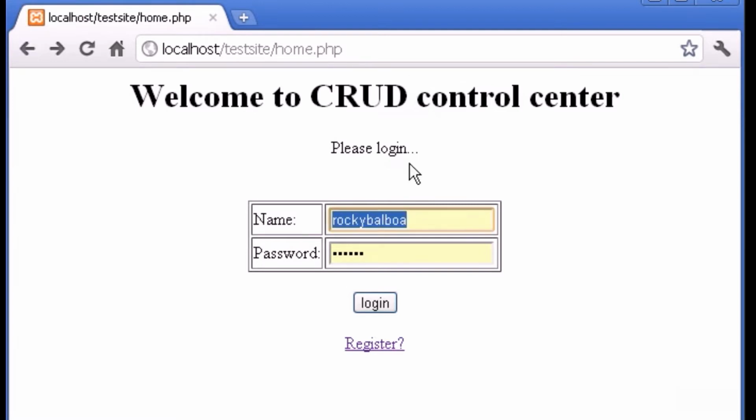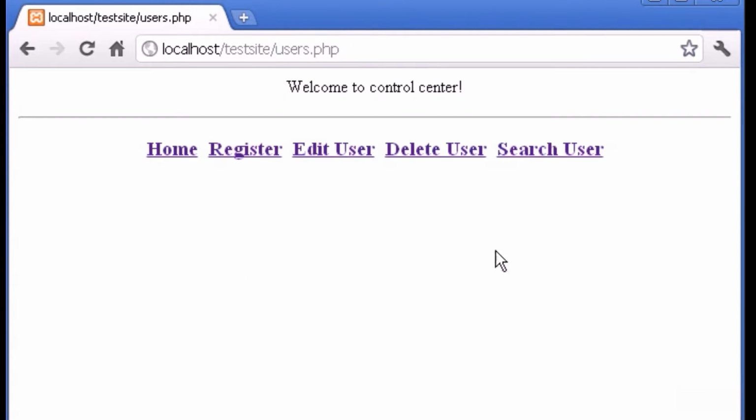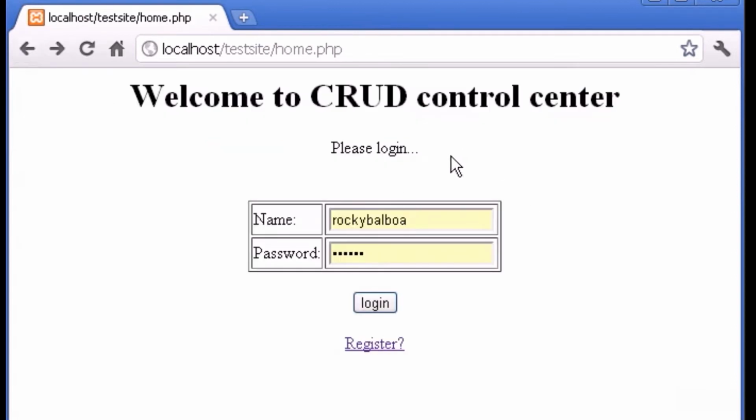So I'm going to show you how to use sessions to solve this problem. And then if, for example, we are not registered, what will happen is that if we click users, some message will appear saying you are not allowed, you have to register first or log in first. Okay, so in order to do that,